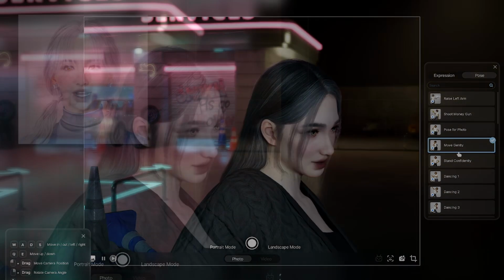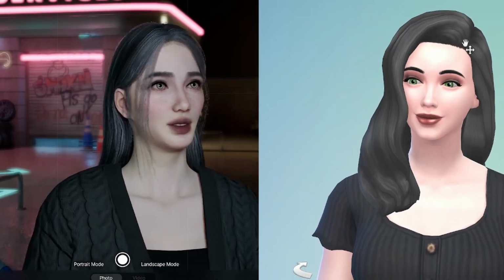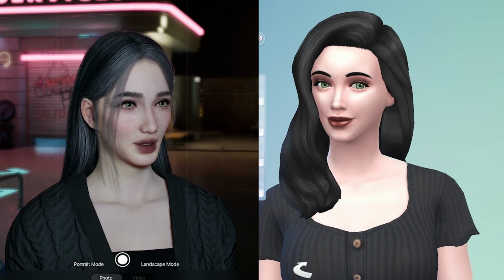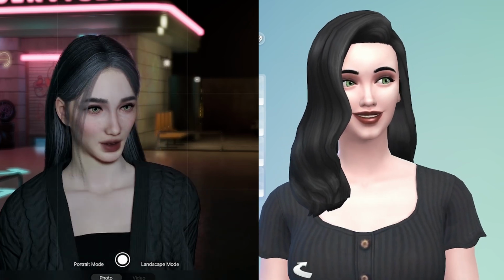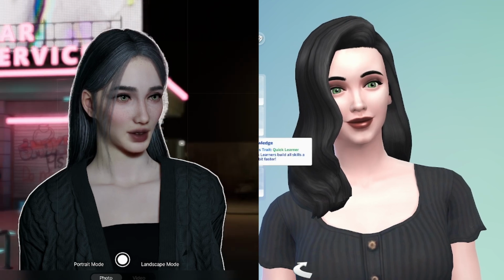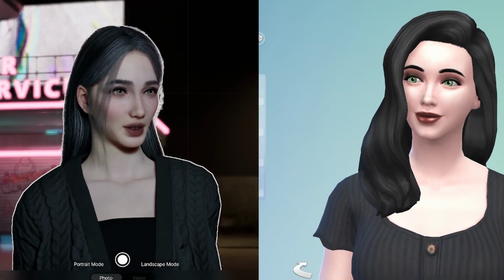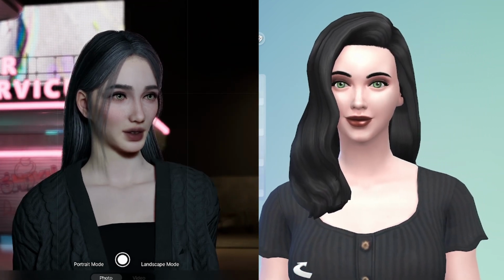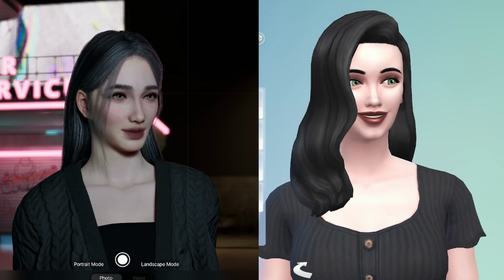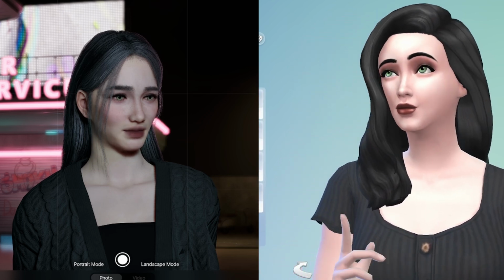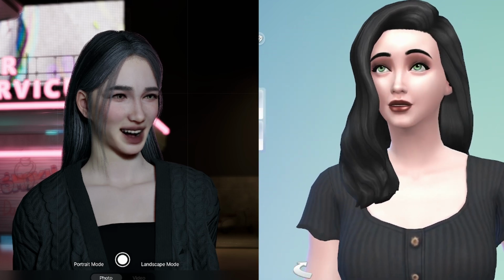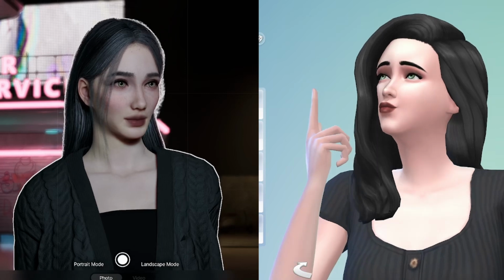So, what do you guys think about the differences between these character creations? And is it possible that anything that was different between these two games could discourage you from playing them? In my opinion, I think they're both really good games, and both of them have weaknesses and strengths that they can actually learn from each other. We'll actually see in the future what the Sims franchise has in store to actually be better and compete with these new features that InZoi has introduced to us, and what InZoi has to learn from the experience of the